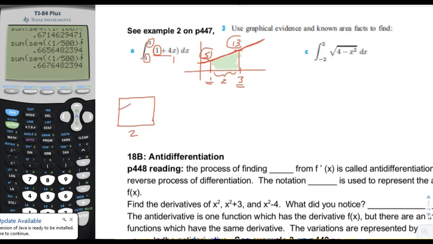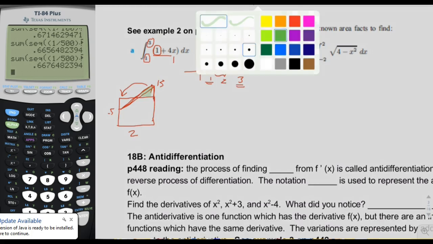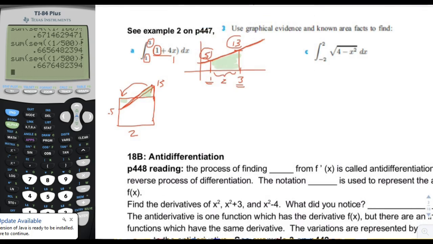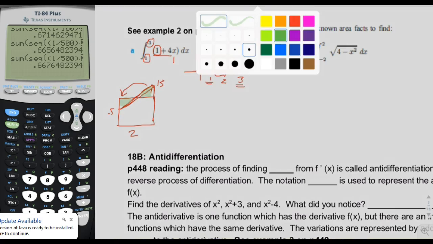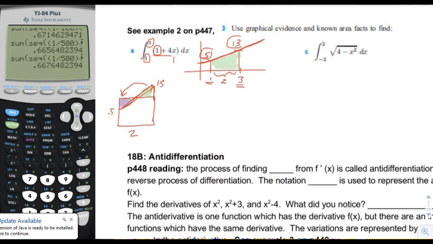And then if you remember the investigation we did for arithmetic sequence and series, if you have something that is 5 tall on the left and 13 tall on the right, you can take this section triangle and rotate it around and make it fit right there. And then you would have a rectangle,